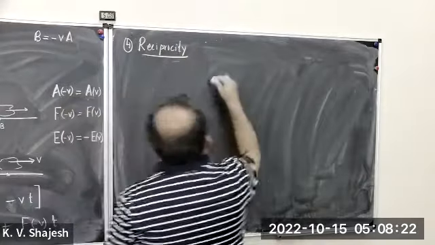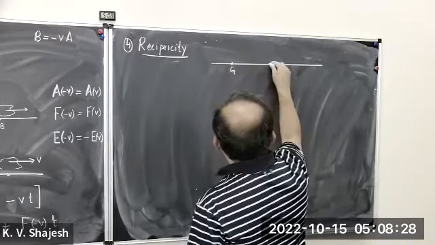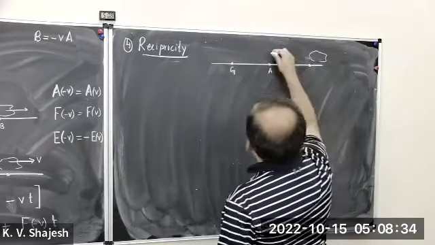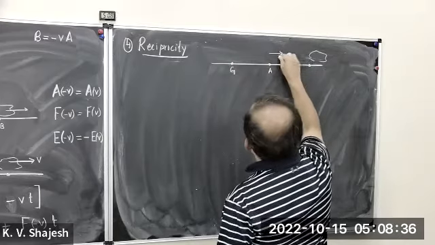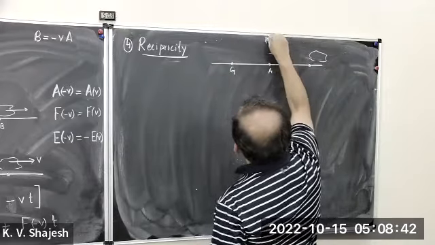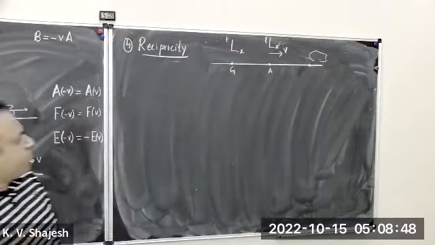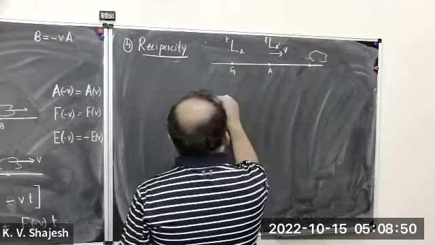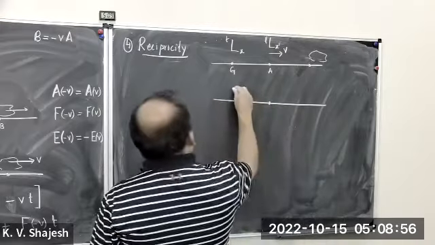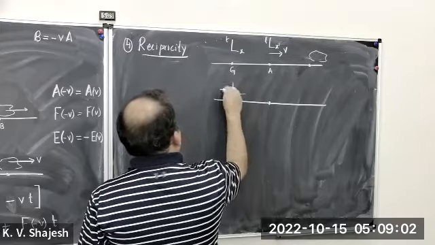And now what we are saying is that this is one description, that is G, that is A, and there is something happening here. We said this was moving with velocity V. That was our reference. So remember, this is X prime, that's T prime, and that's your X and T. But now this should be the same whether you discuss it this way, or let this stay at rest, and this moves backward. So G is now moving backward.